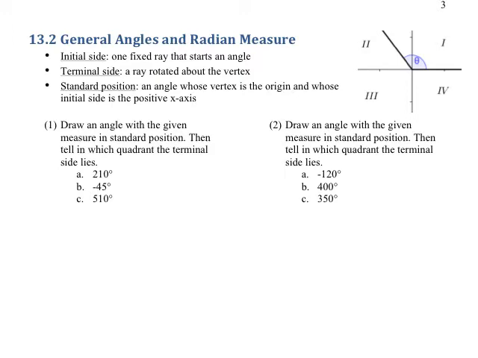To begin, an angle in trig class is typically drawn in what we call standard position. Off to the side, you see a picture of an angle that's drawn in standard position. I just want to point out a few things. The initial side of this angle is along the x-axis, and the terminal side of the angle is off in some other direction. And angles are usually measured counterclockwise, starting going through quadrant 1 and then quadrant 2 and wrapping